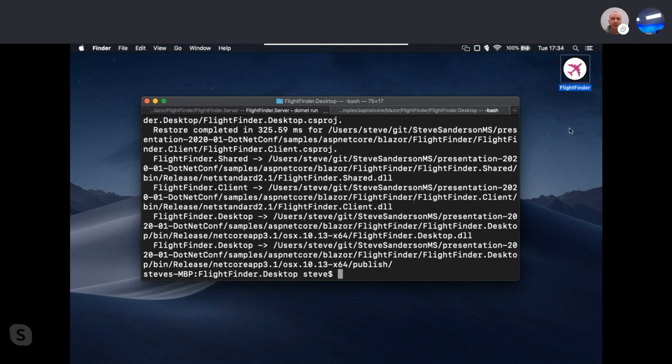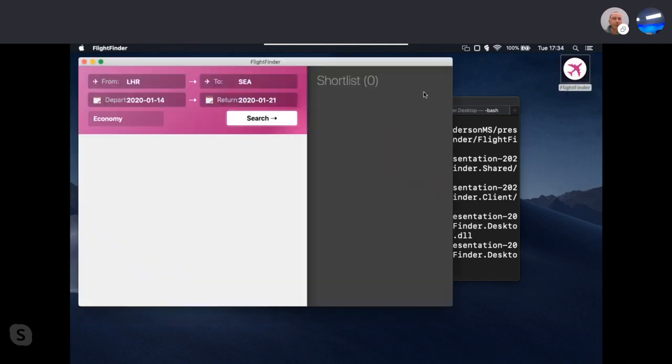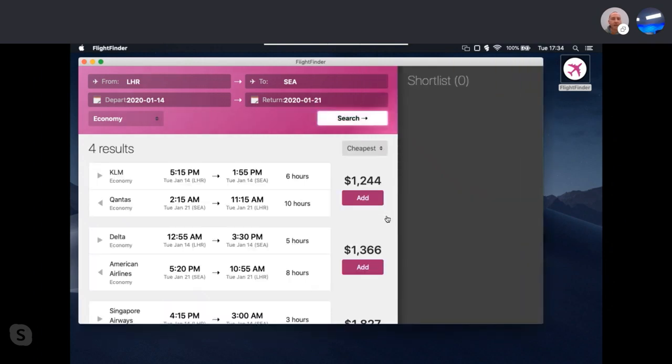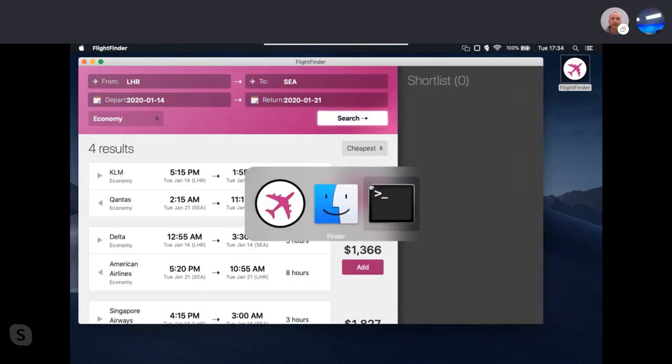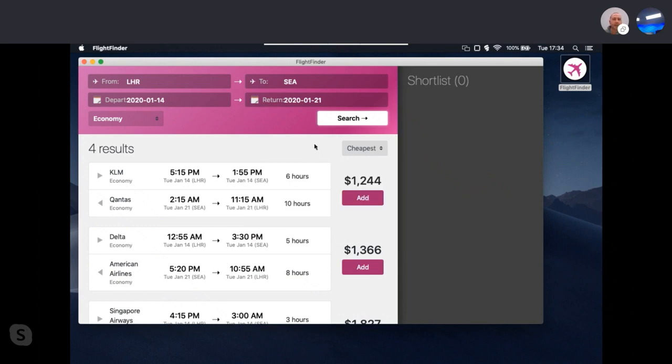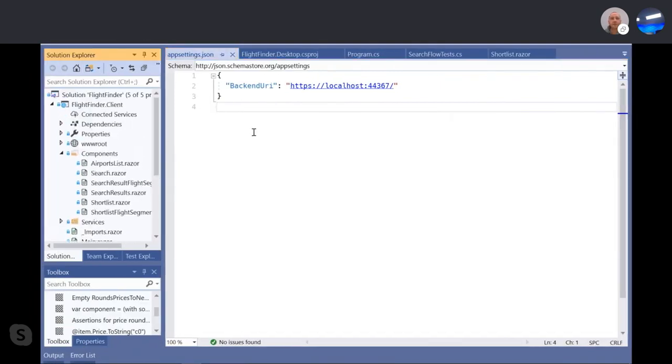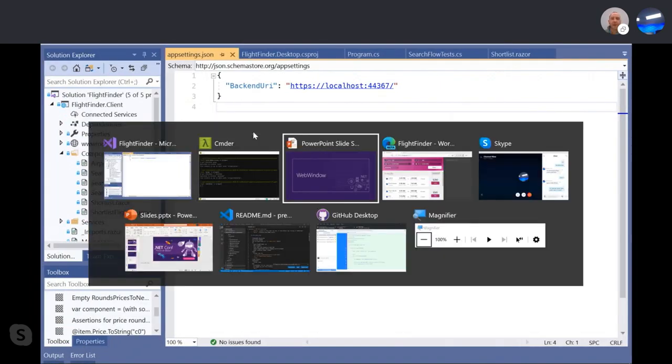So you could make this downloadable, you can copy it into your applications folder and such like, and you can simply double click on it, and it shows up, and we see we've now got the application coming up, and we've got a proper icon for it, and it's really, as far as the user is concerned, exactly like a regular Mac native application, with the same code that also runs inside the browser on WebAssembly. So that's all I'm going to have